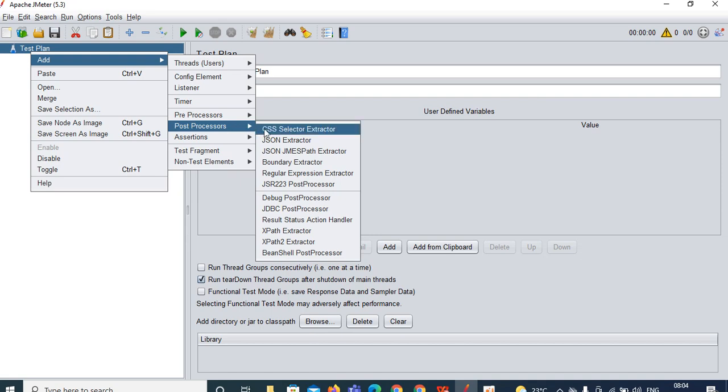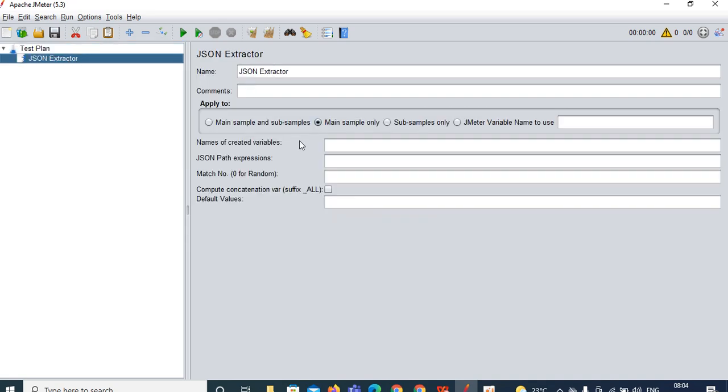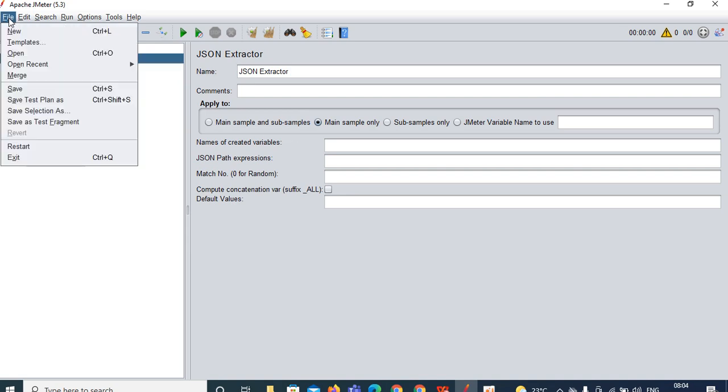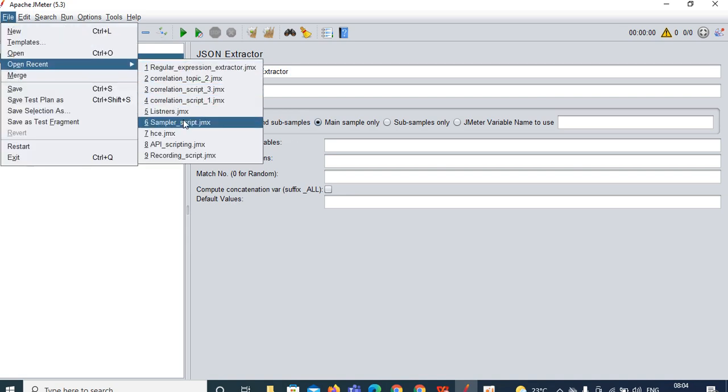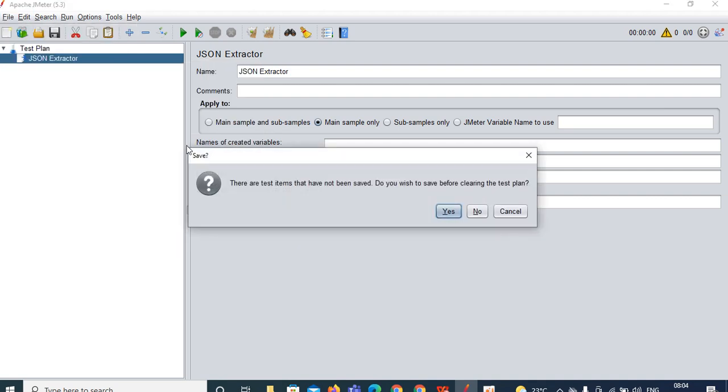The first one is the JSON extractor. Whenever you are working on JSON, whenever you are working on an API collection, at that time you can use the JSON extractor. Let me show you how it will be. Whenever you are working on API scripting,